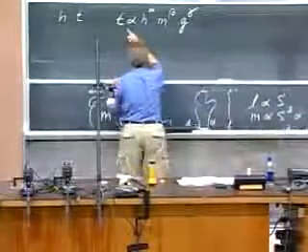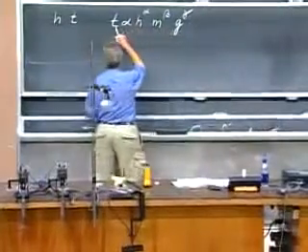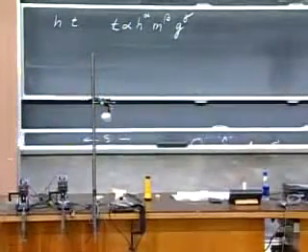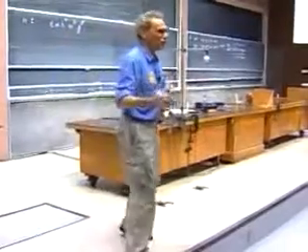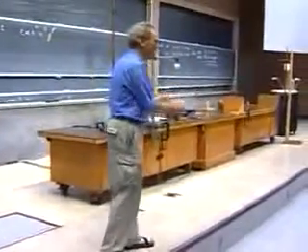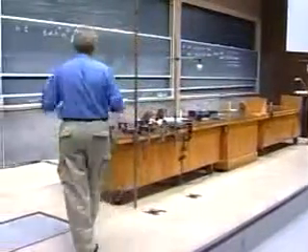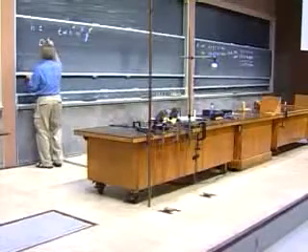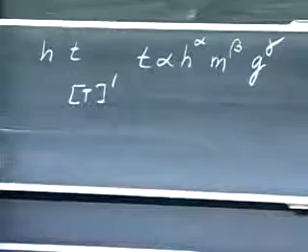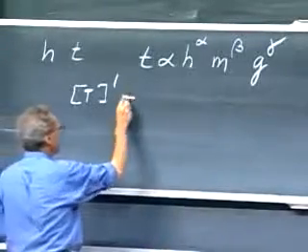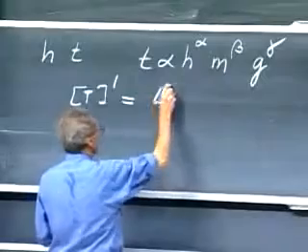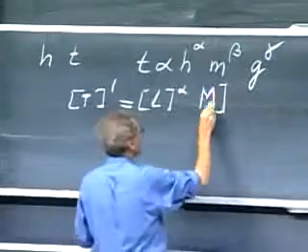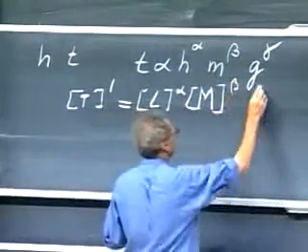On the left, we have a time. And if we have on the left side a time, on the right side, we must also have time. You cannot have coconuts on one side and oranges on the other. You cannot have seconds on one side and meters per second on the other. So the dimensions left and right have to be the same. What is the dimension here? That is T to the power 1. That T must be the same as length to the power alpha times mass to the power beta times